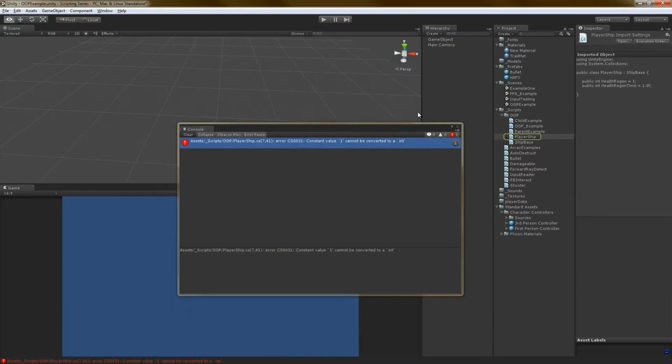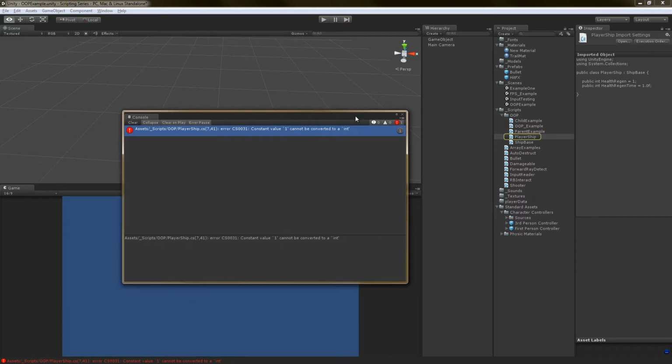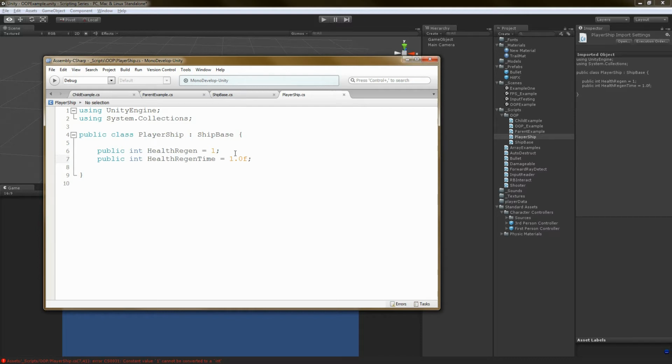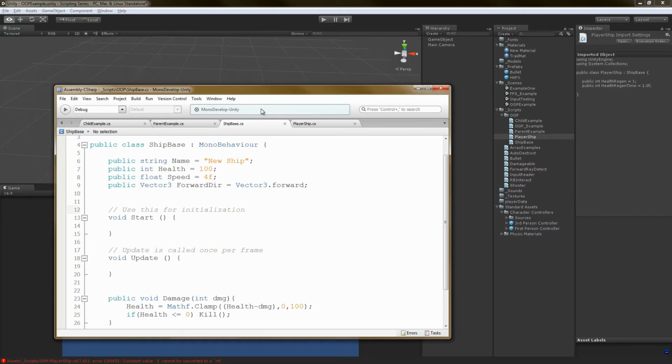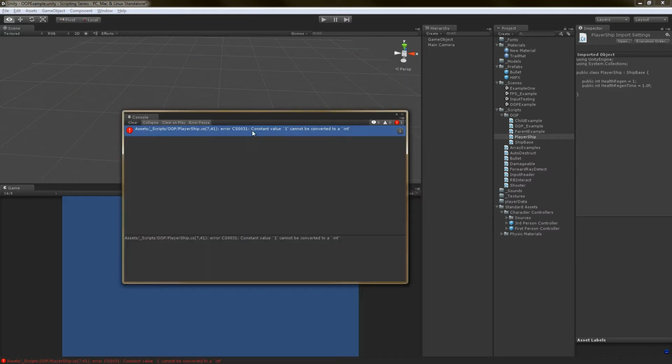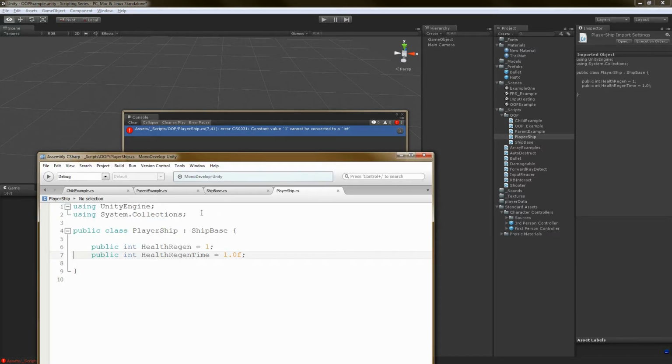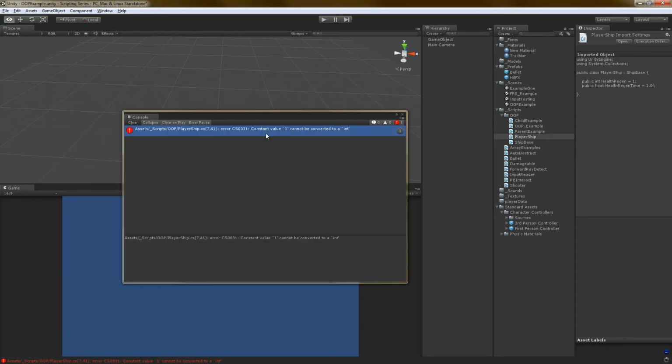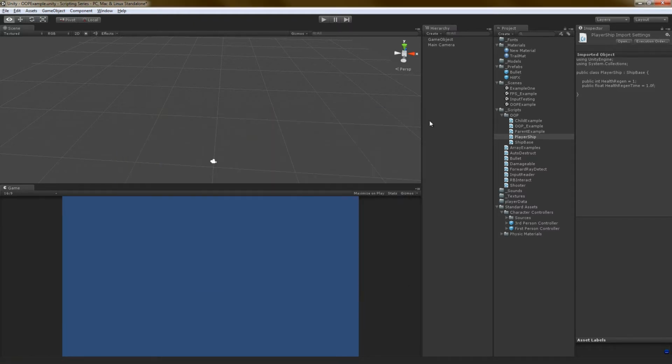So if we come back into here, constant value of 1 can't be converted to an int. Really now? What are you saying to me? Where? Oh! Ha! Oops. You're right. A float can't be an int. Okay. So now that that's done,